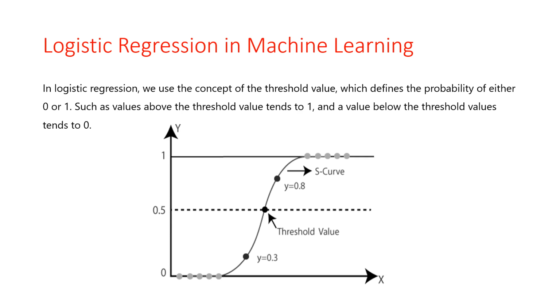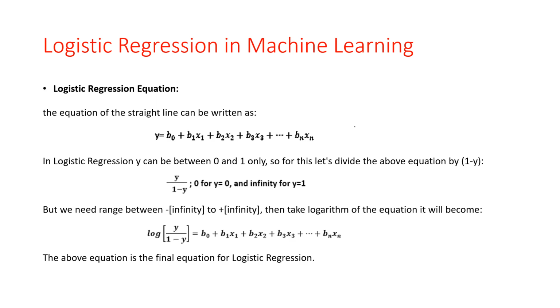So logistic regression uses the concept of predictive modeling as a regression. Therefore, it is called logistic regression. But it is used to classify the samples. So therefore, it falls under the classification algorithms. Okay, logistic regression uses the concept of predictive modeling, so it is called a regression. But we are classifying our dataset into samples. Okay, so it is called a classification algorithm. So next is the logistic regression equation.